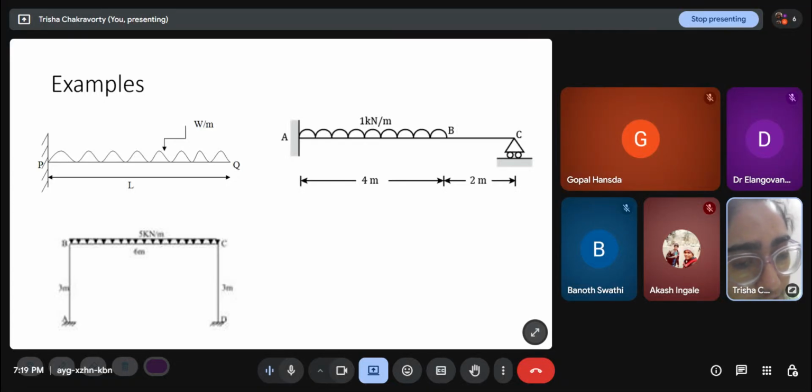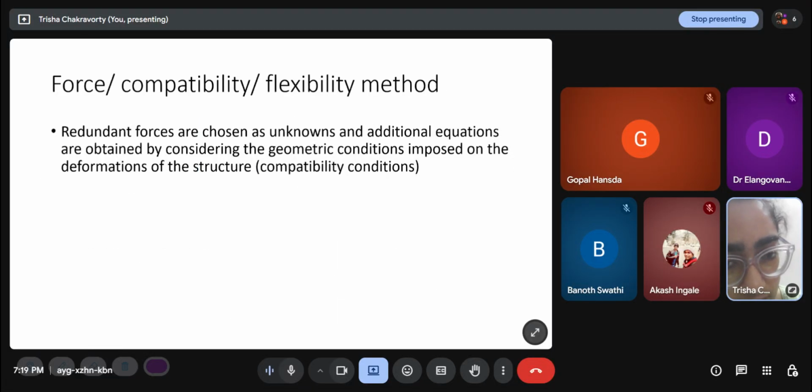And then I have to define the redundant force and see that when I take that force away, the structure is still stable, right? For example, one thing you cannot do here is in this prop cantilever, if I take away the horizontal restraint at A, if I make this into a support which only gives a vertical restraint and a moment, then it won't be enough because there is nothing to stop the horizontal displacement. So the horizontal force reaction here cannot be the redundant force. I have to choose a redundant force such that when I remove that, the structure is still stable. So I hope I could convey that.